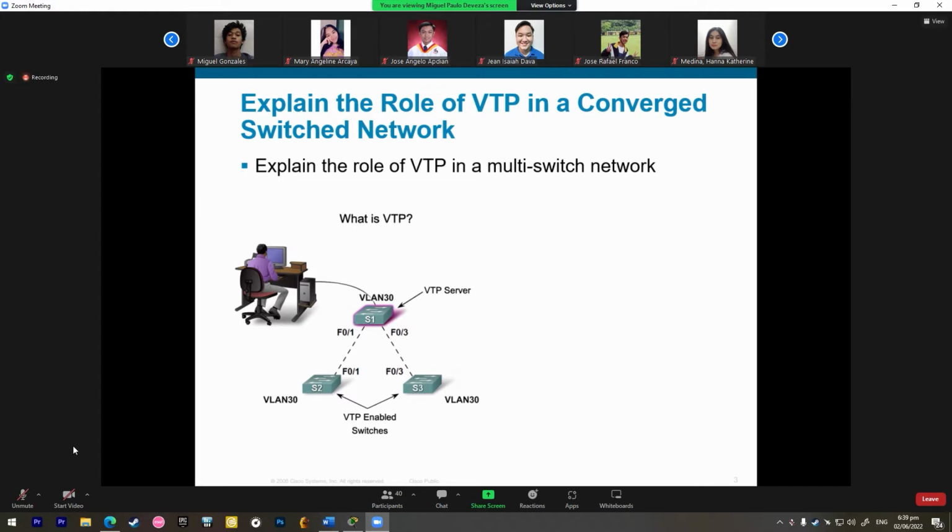But what if the scenario requires you as the network administrator to configure VLAN 30 across 100 switches? One, 5, 10 is fine, even 20 is manageable. But if you're tasked to configure VLAN 30 across 100 switches, isn't it